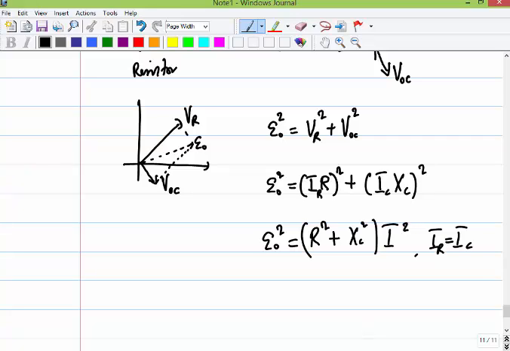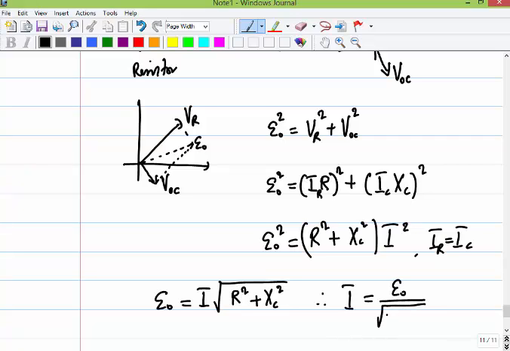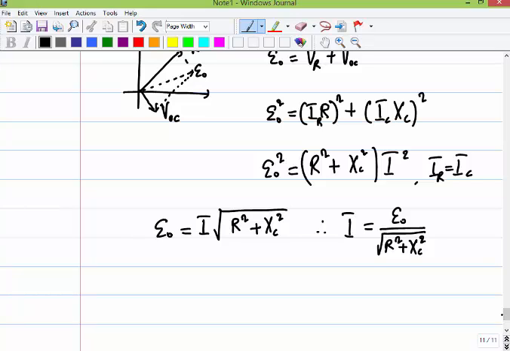So then if you take the square root of both sides, you can say E naught equals I times the square root of R squared plus XC squared. Therefore, the current in the circuit is given by E naught over the square root of R squared plus capacitive reactance squared. So that's the peak current I in the circuit. Okay, so from this we can find